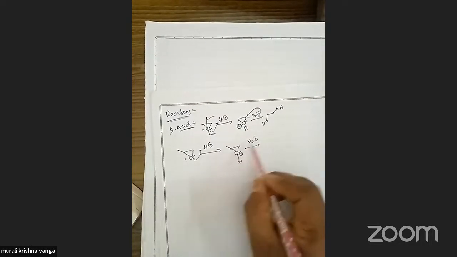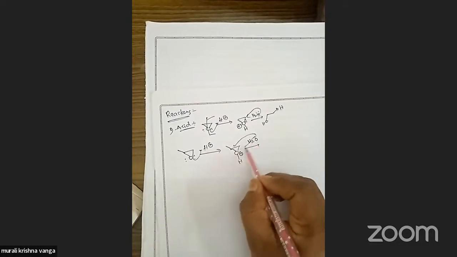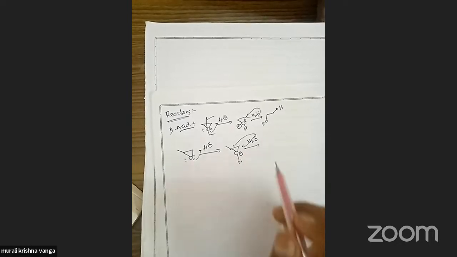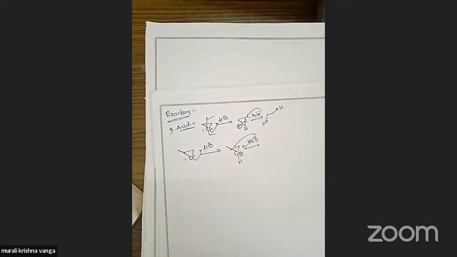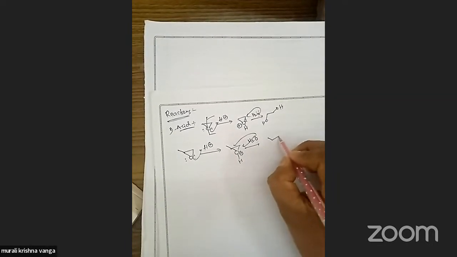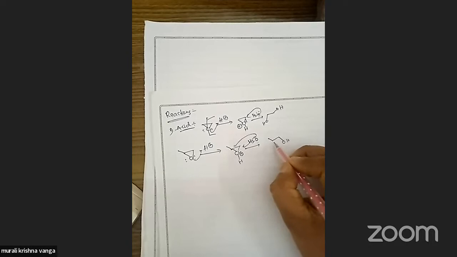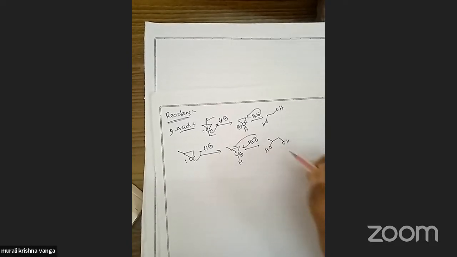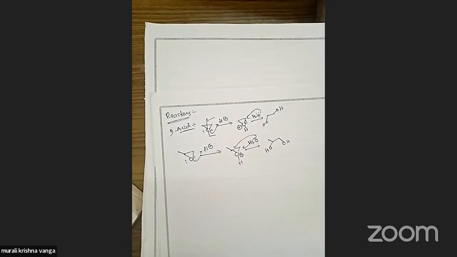If attacking here or attacking here, that means in the case of unsymmetrical epoxides, the opening of the epoxide ring in acid condition is from the more substituted side, because of the stability of the carbocation. That's the condition. Next one is